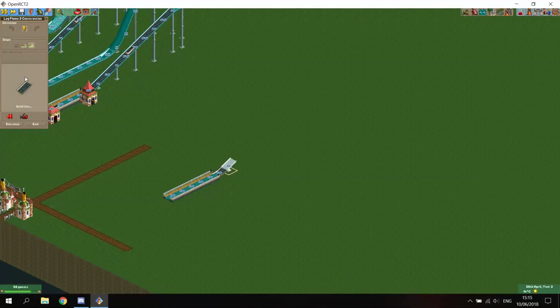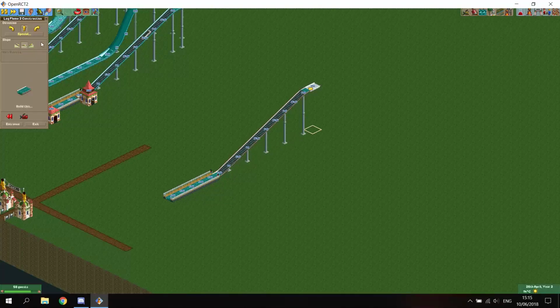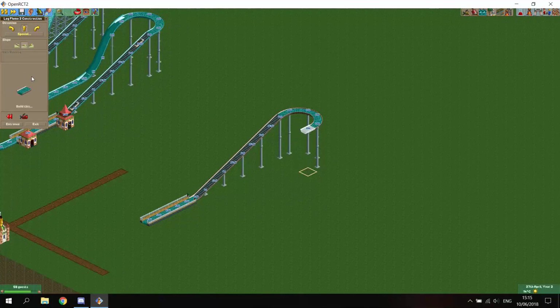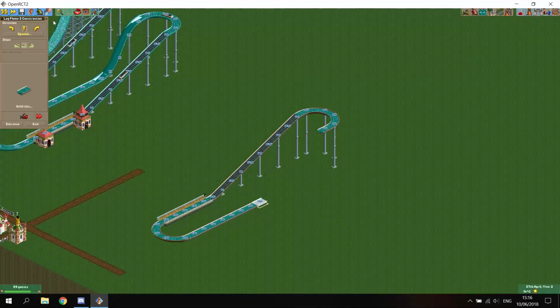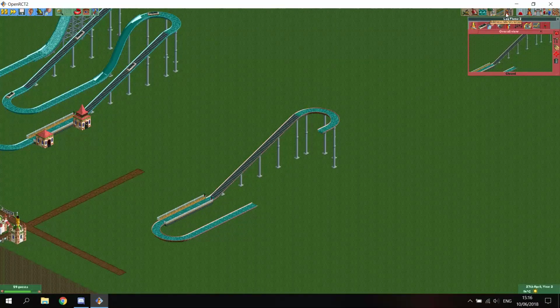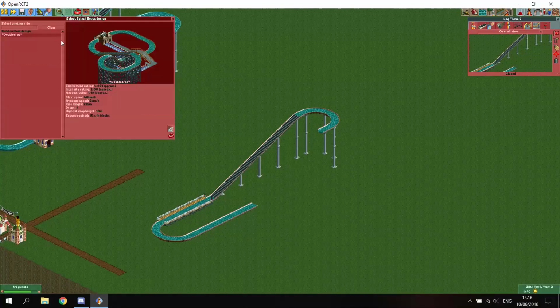Now let's make it go upwards. There we go. And we'll end with a straight piece. We'll make a return path like this. Now, in order to get two tracks to merge in the traditional method,